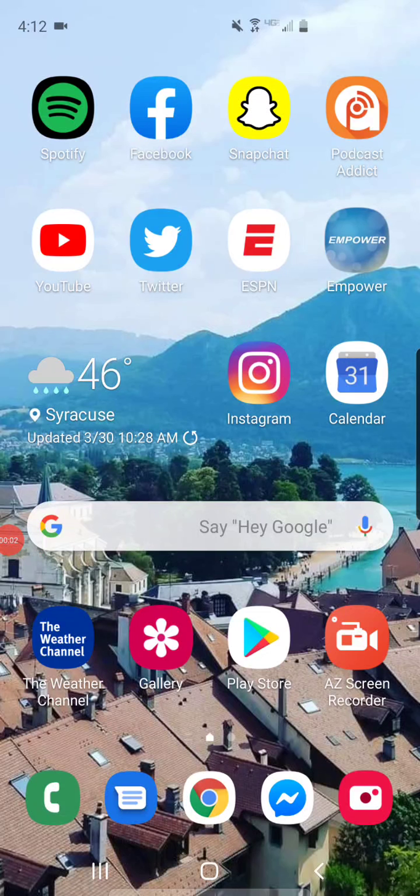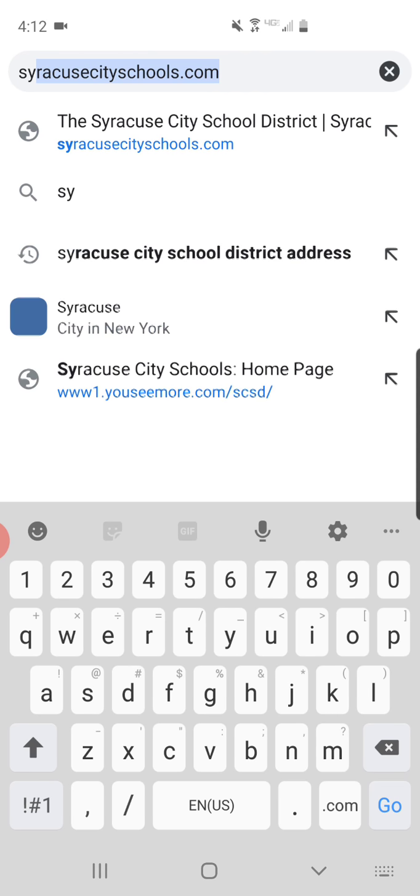Okay, so today I'm going to show you how to get onto Clever and how to access Canvas by using an Android phone. So you would start by going to your internet browser. I would suggest using Google Chrome. You're going to go into Google Chrome and you're going to type in